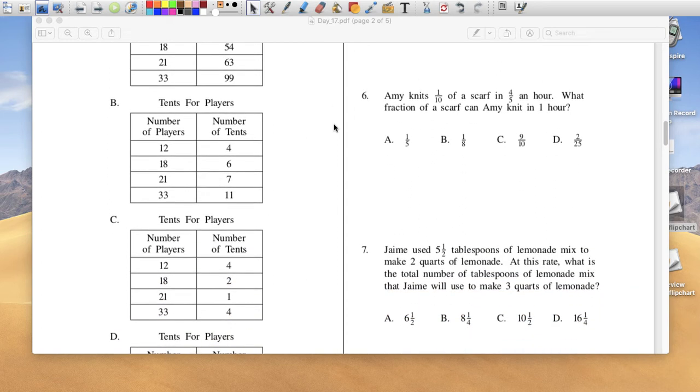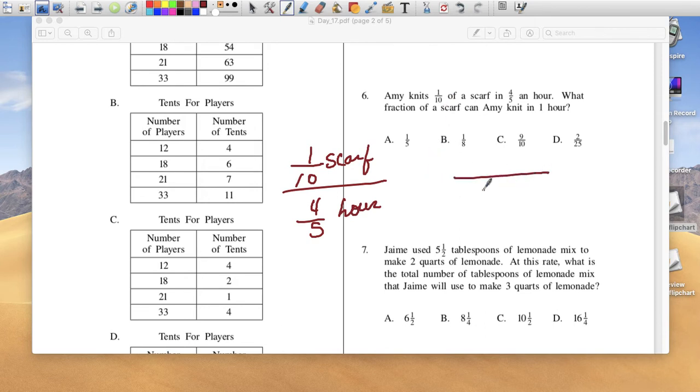Okay, so this one, make sure you know these fractional proportions. So you can write 1/10 of a scarf I can make in 4/5 of an hour, right? It takes 4/5 of an hour to make 1/10 of a scarf. That's not even half of the scarf. Now, if I work for 1 hour, how much of the scarf will